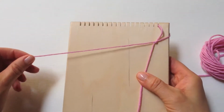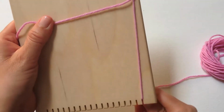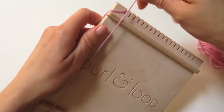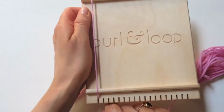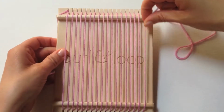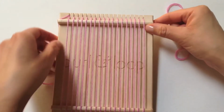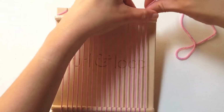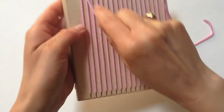Now wind the yarn across the groove, going back to that first groove, and go all the way around. So we have wound the warp completely around the loom, and we're at the end. Go through that last groove, then I go through and make a loop around that groove one more time, flip it over,